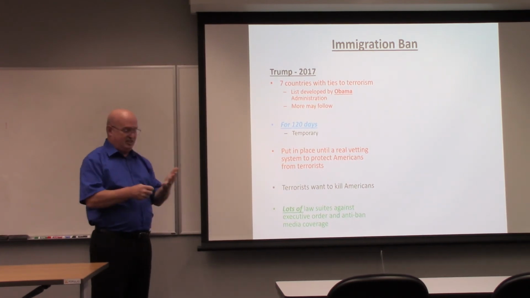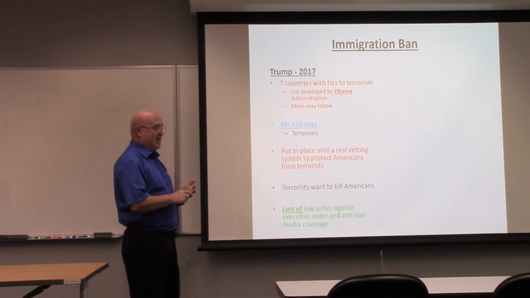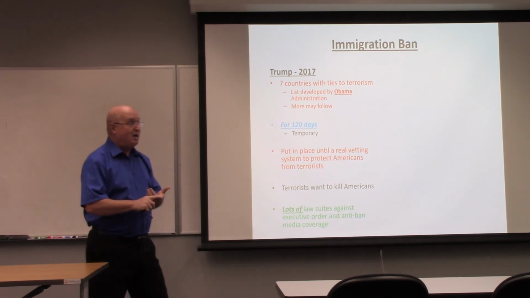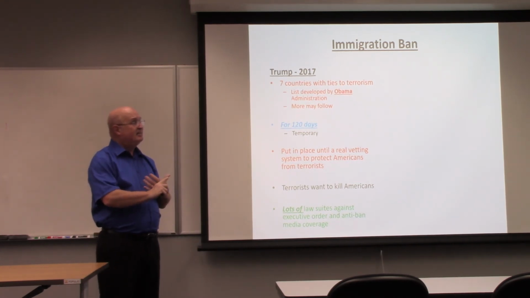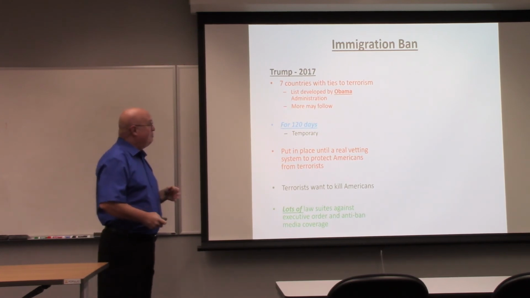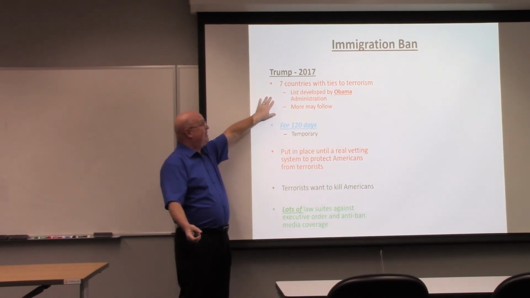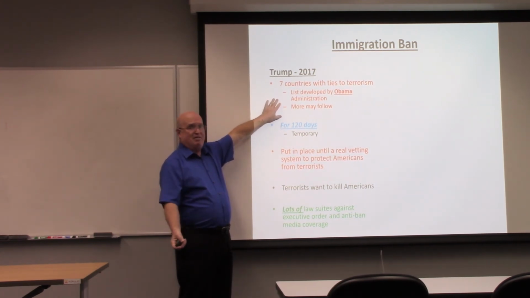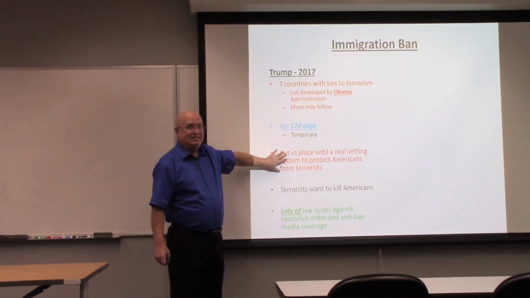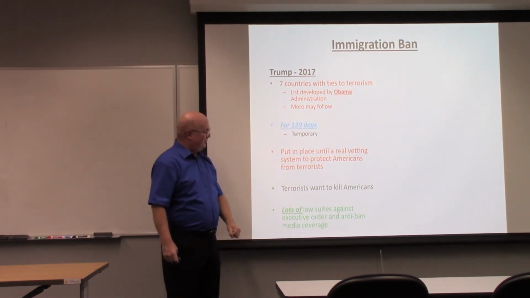Because those 7 nations, it started out with Iran, you know, the one that's death to America all over the place. Then there's Iraq, Afghanistan, Somalia, Syria, South Sudan, and I think there was one other country in there. But anyway, the point is one of the countries was death to America. The other 6 didn't have a government. They're all involved in civil wars. There's no way to vet anybody. Right? They don't have a government to give us the information to tell us about these people.